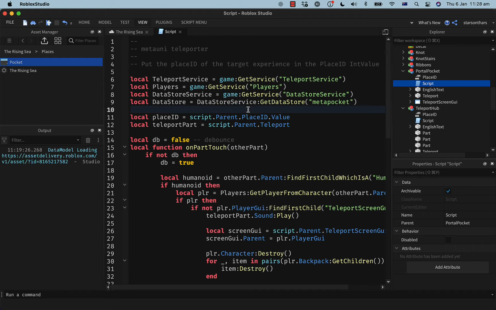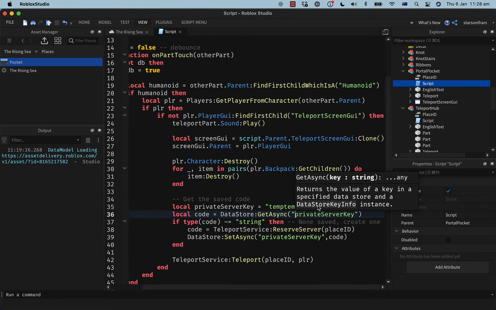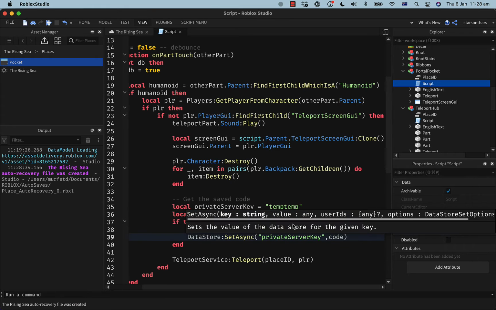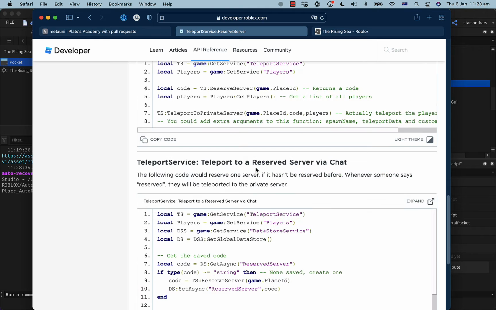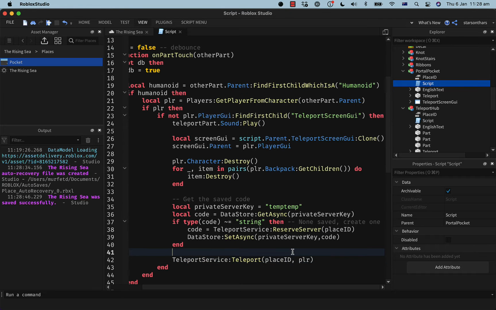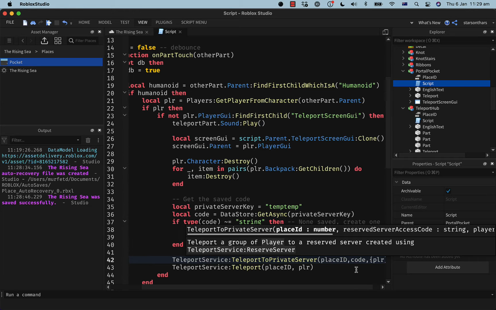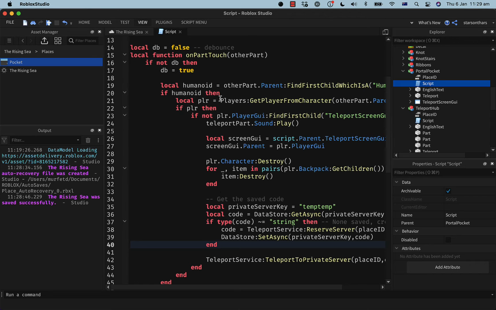Metapocket. Okay, and then we need to put some way to get back.